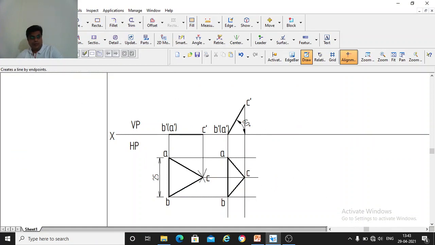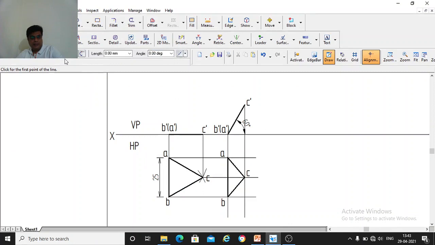So for that you take a thin line, you leave some small gap here, and you draw a thin line from this XY line at 60 degrees to this XY line. So from this XY line, this is a vertical plane. From this vertical plane you take 60 degrees to the XY line. So you should draw a line of any length, and it should be 60 degrees.